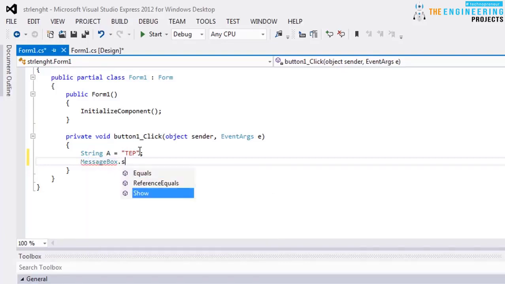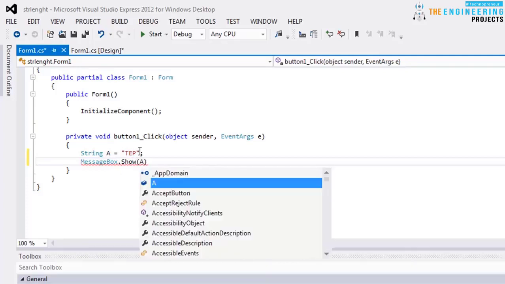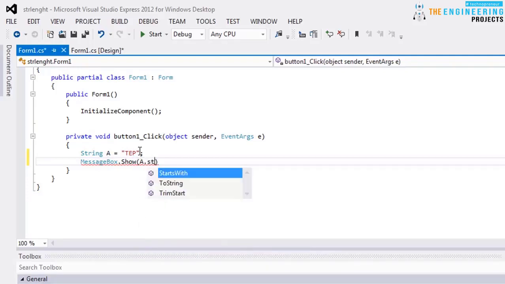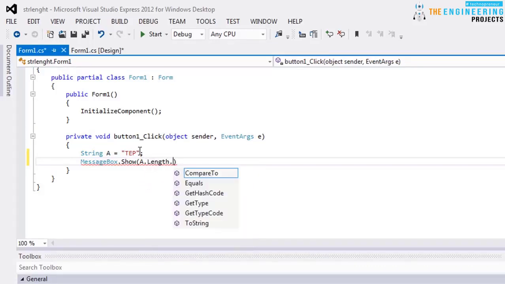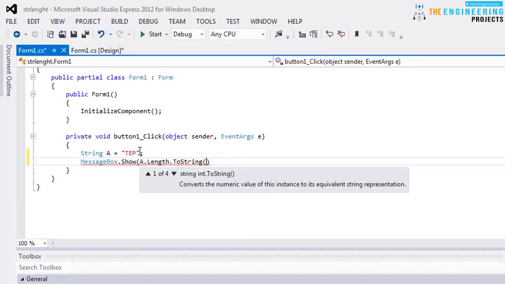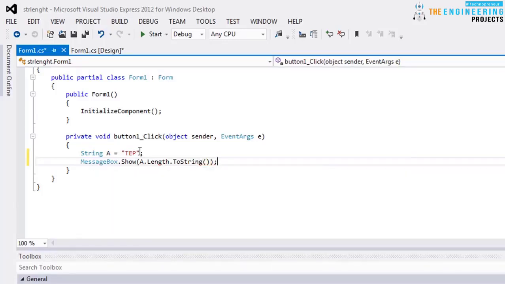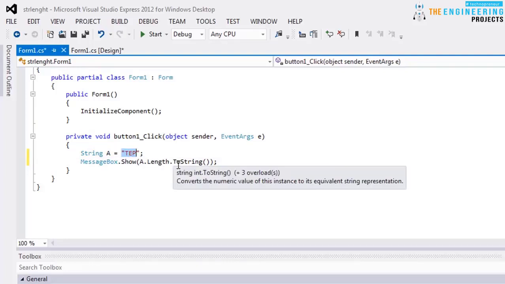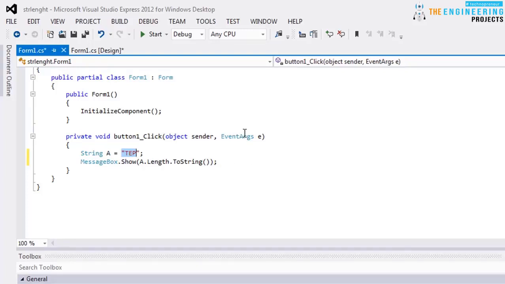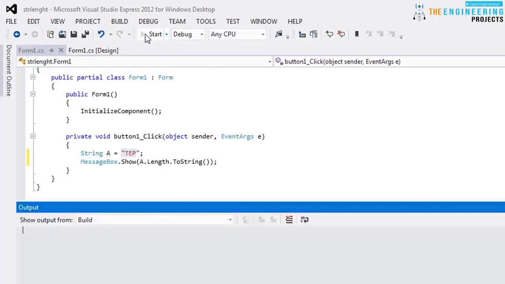Message box dot show, and in parentheses I will say A dot length dot to string parentheses, and here semicolon. I am counting the characters within a string with the help of dot length dot to string method. Click on start